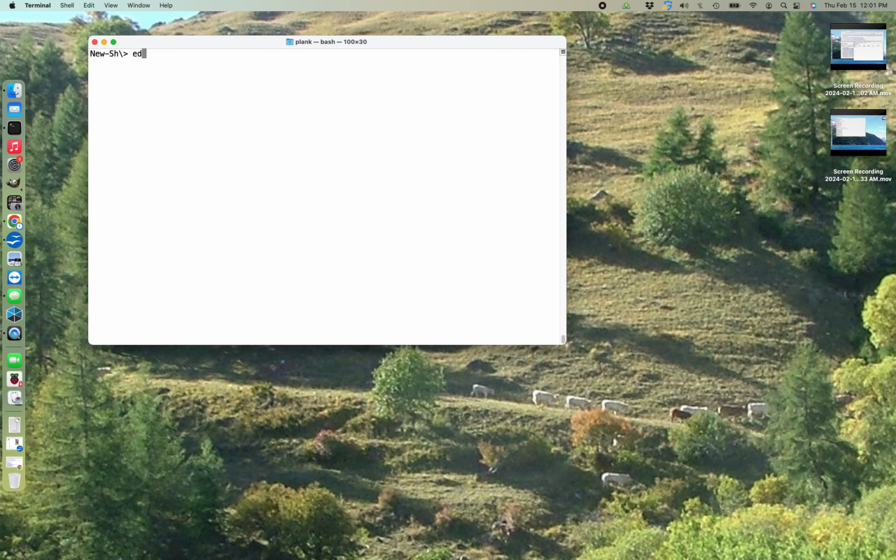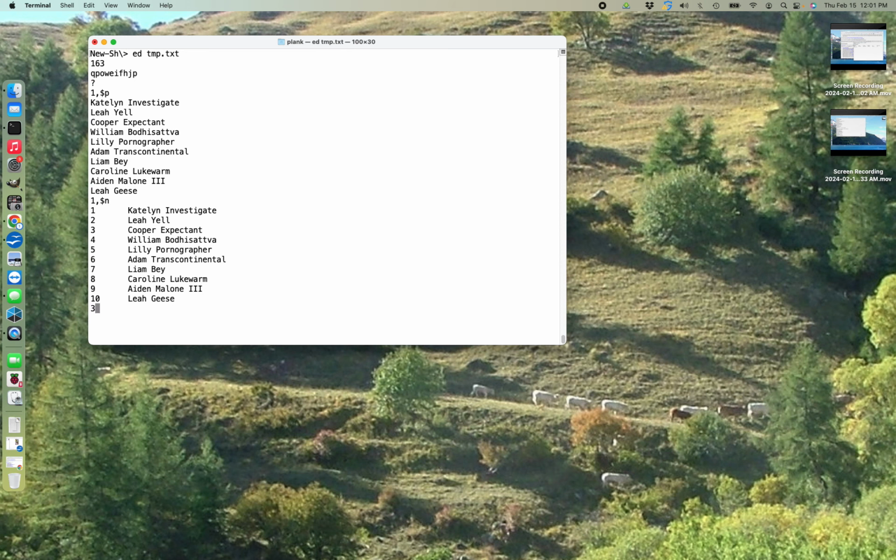Okay, Ed. Anyone used Ed? Line editor. Precursor to Vim. Vim actually stood for visual version of Ed. Ed is awesome. Right? It doesn't even give you a prompt. Now you can make it so it gives you a prompt. If you give Ed something it doesn't know, it's just like question mark. Right? But you get those Vim commands, right? All those Vim breakouts are in Ed. Right? So that's it. 3s/exp/Fred.